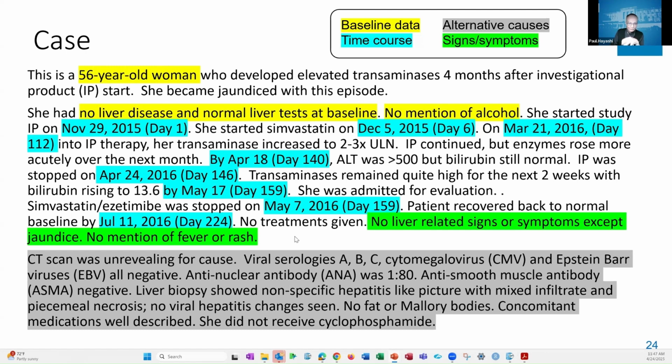We don't want baseline data being mentioned to us way down at the end of the narrative. And then you're going to tell us that the patient had alcoholic liver disease in the background. No, don't do that. Just give it to us up front. And then it's just chronologic, day 1, day 6, day 18, day 140, day 146, and so on. And then this happened. And then the workup, I think it's good to just put it all in one place. I think that's reasonable. If you want to stick it in here when and where it happened, that's fine. But again, it's hard to pick it out when it's all jumbled in there.